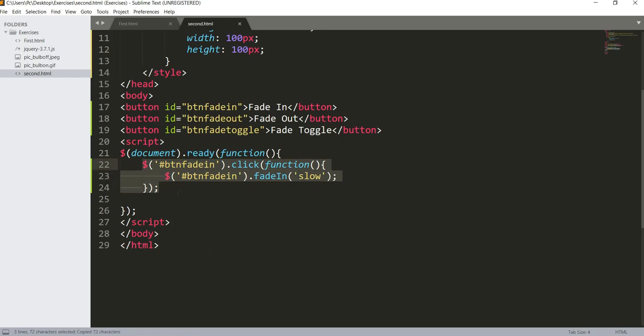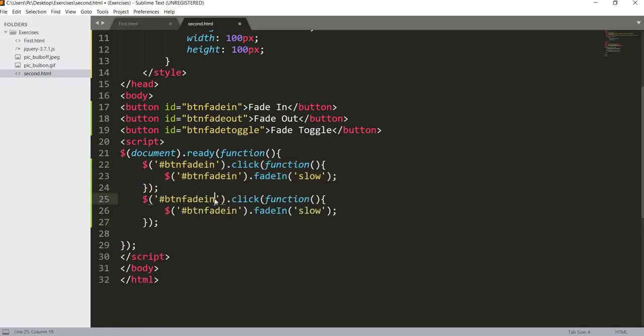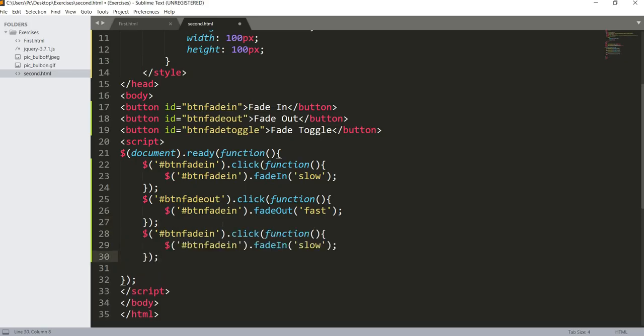So we can copy this code and paste them here. The button should be fade out this time, and the function here is fade out. Here we can even put fast. So the third button, we paste the code again. Here the button is toggle. Here the same toggle. On the previous button it is out here. So here should be toggle as that. So fadeIn,